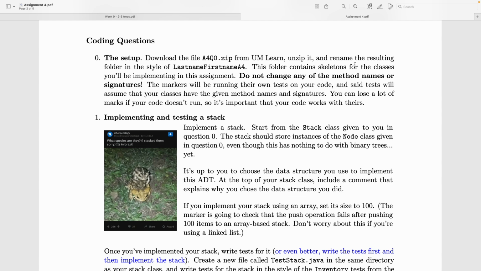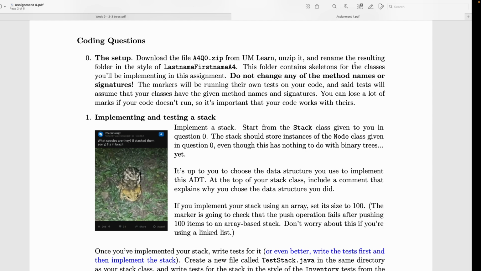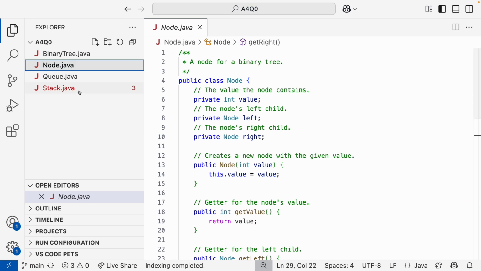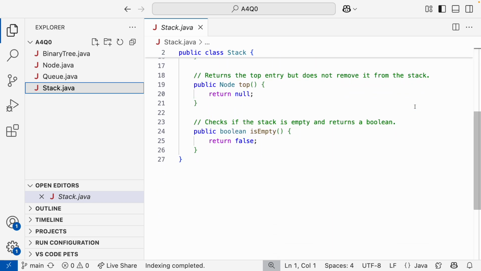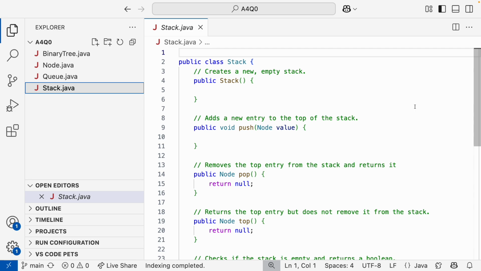For the next few questions, there are skeletons of the classes that you need to implement. Here's the one for stack, for example. It'll compile, but it won't do anything. It's your job to fill in the methods. And the reason I gave you guys these bits of code, besides making your life slightly easier because everything is hard,